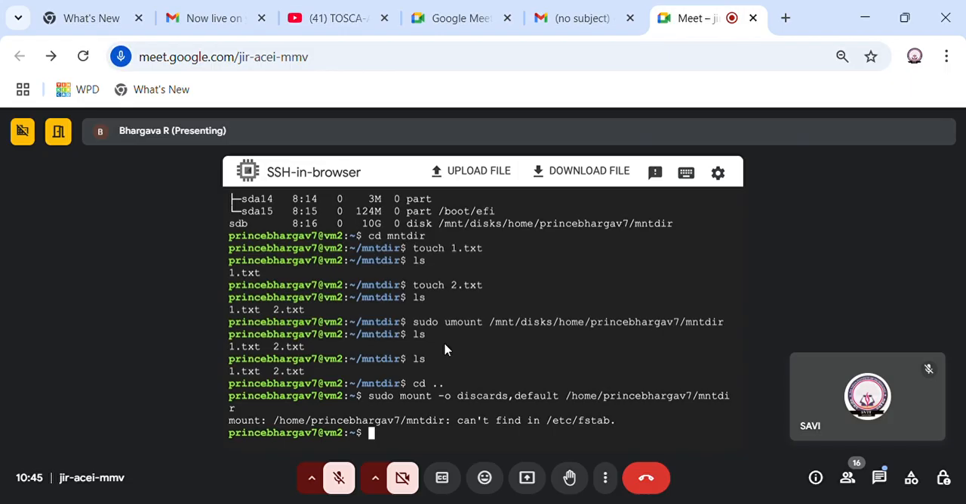It is saying directory can't be found. Okay, let's do this again. Sudo mount hyphen o. Yes, I guess we need to add